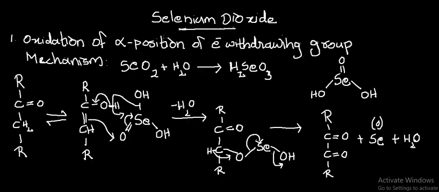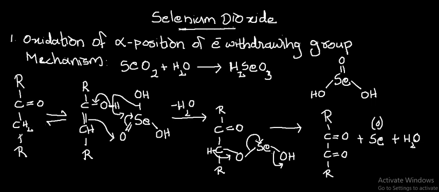What is the mechanism of selenium dioxide oxidation? Selenium dioxide in the presence of water is converted into H2SeO3, selenous acid. This is the structure of selenous acid: Se=O OH OH. This is the real oxidizing agent. Then what is the mechanism? This is